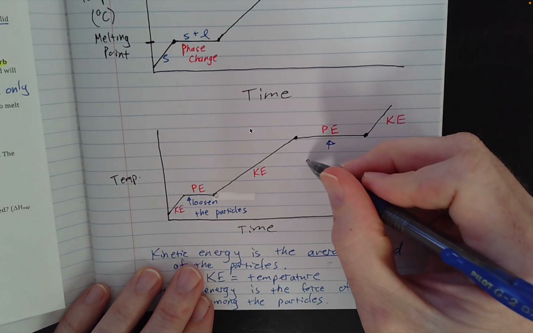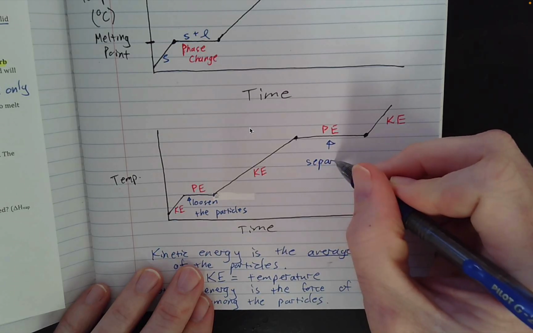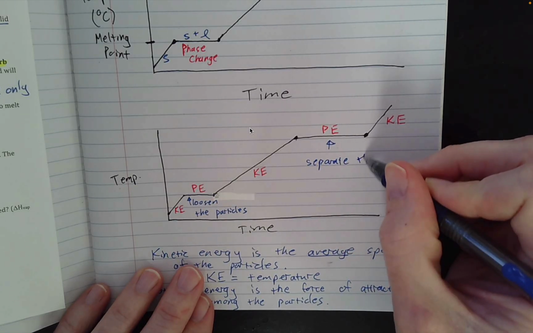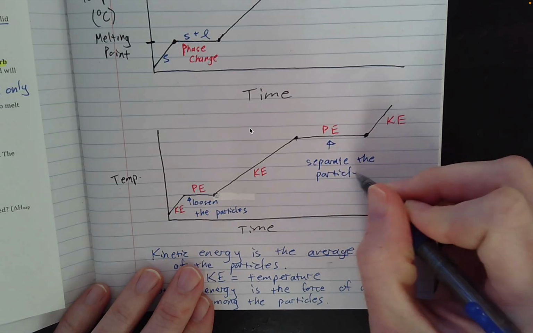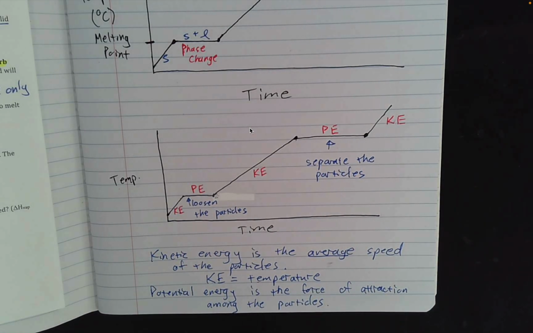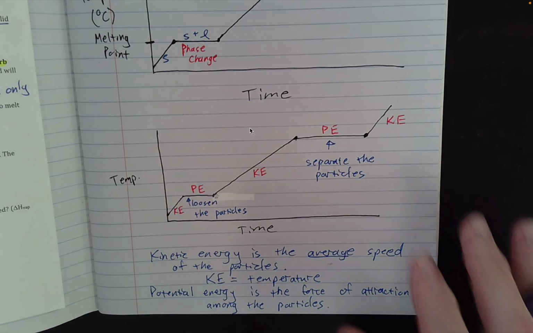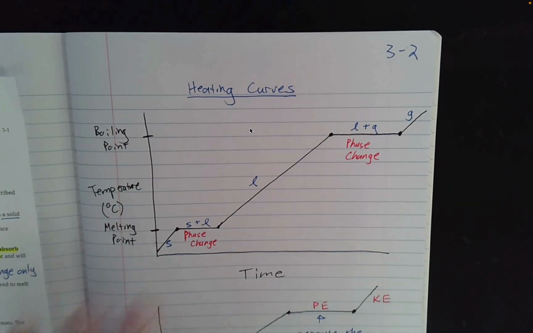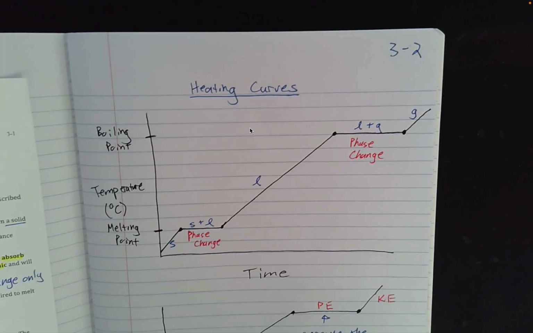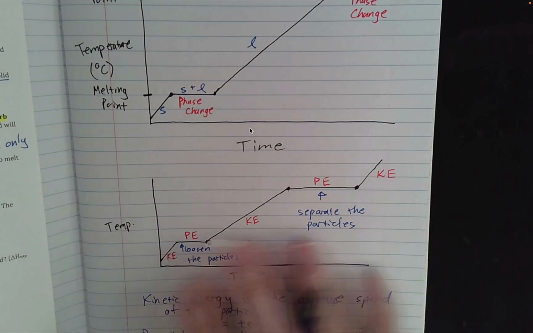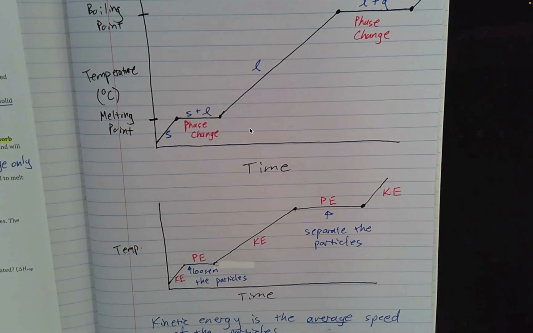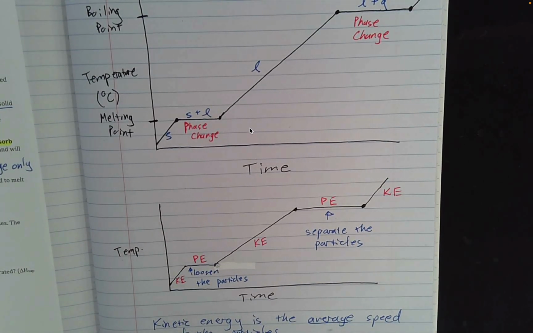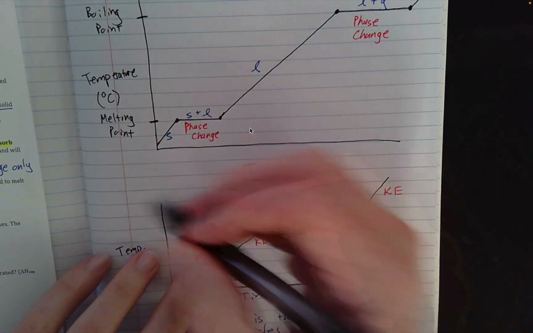We are going to separate the particles. All right. So, kind of cool. It's nice to have all those heating curves and stuff already there and know exactly kind of what we're getting at. All right. And if we were to draw a particle diagram,